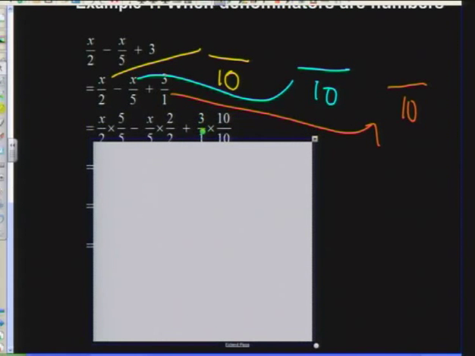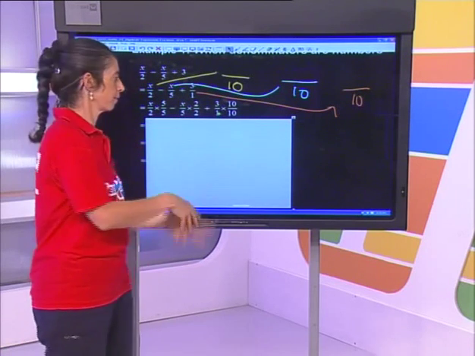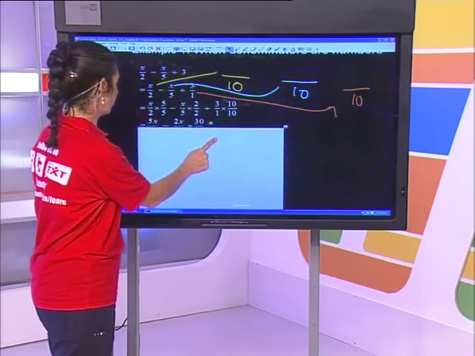Okay, so we're saying, how do I get my halves to tenths? Multiply by 5 divided by 5, which is my 1. How do I get fifths to tenths? Multiply by 2, numerator and denominator. How do I get ones to 10? Multiply numerator and denominator by 10. So I've got this 1, 1, 1, and I'm not changing the amount that I'm starting off with. Right, so if we do that, we now get,